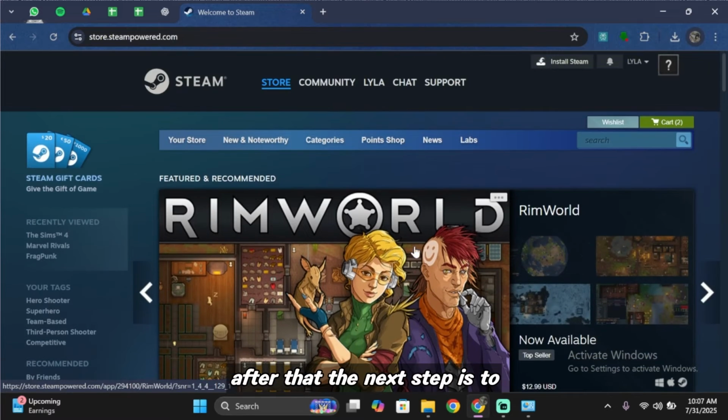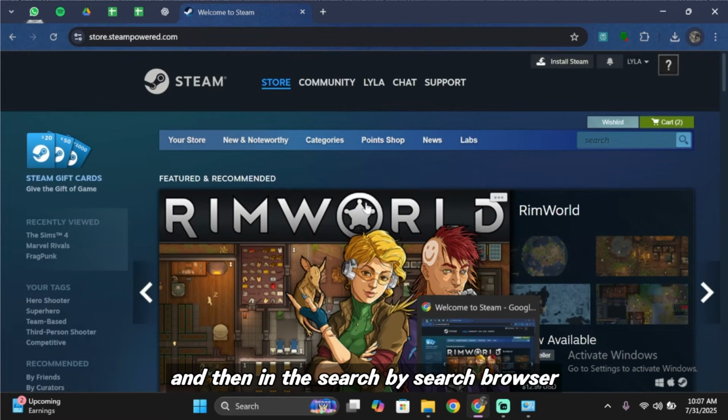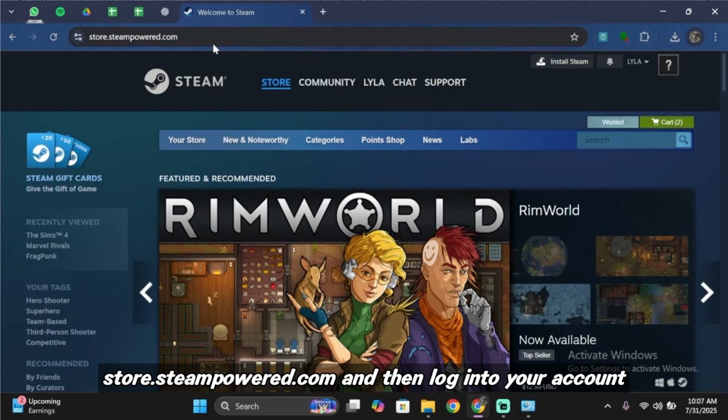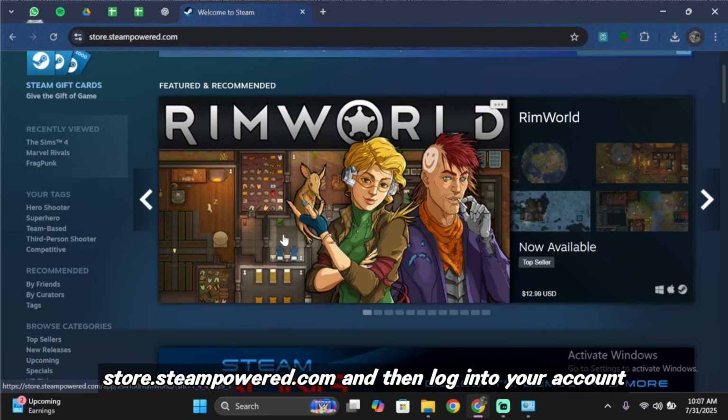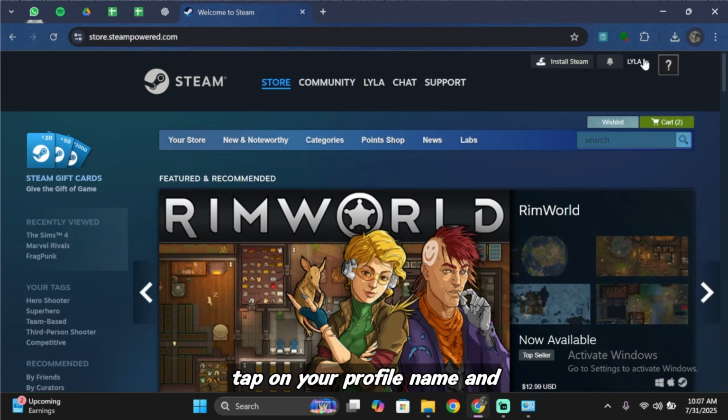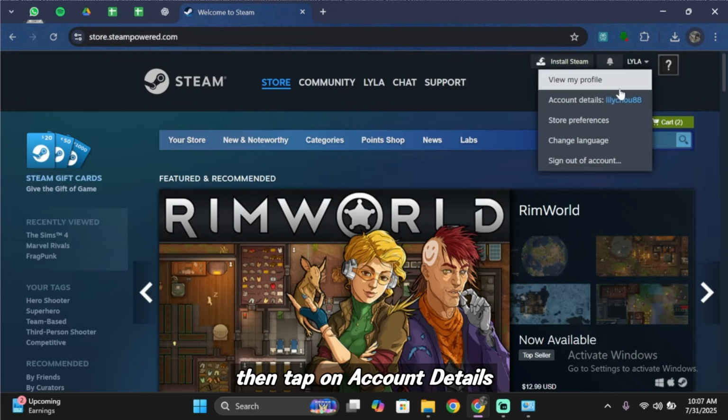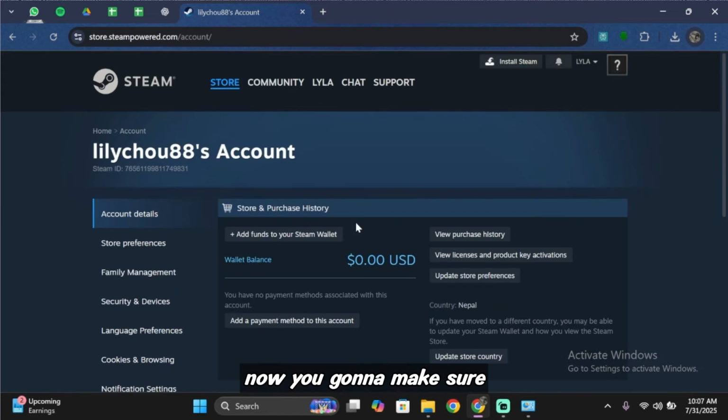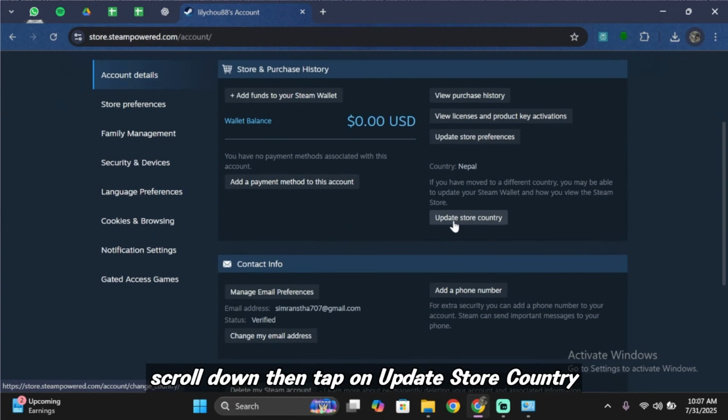After that, the next step is to simply open a browser, and then in the search bar search for store.steampowered.com and then log into your account. Once logged in, tap on your profile name and then tap on account details. Now make sure you're on the account details page, scroll down, then tap on update store country, and